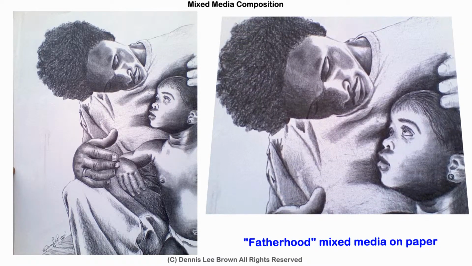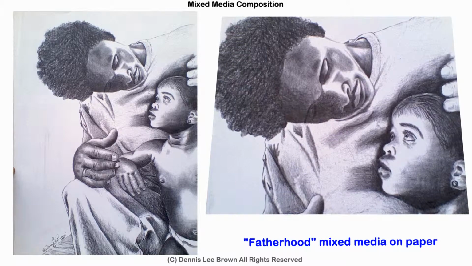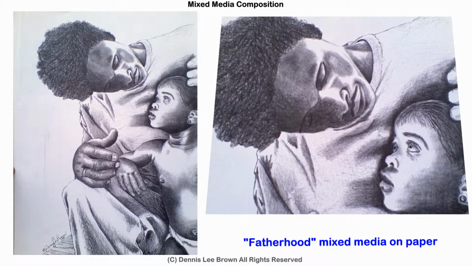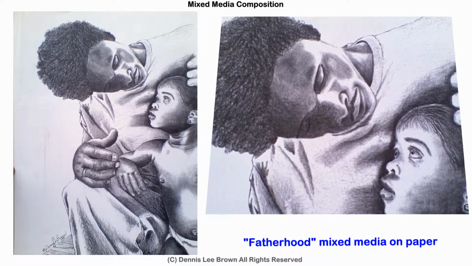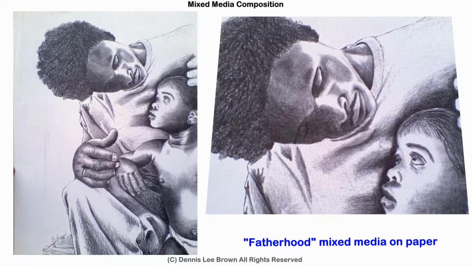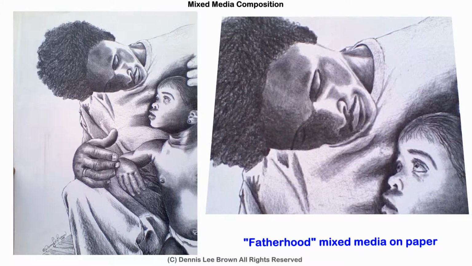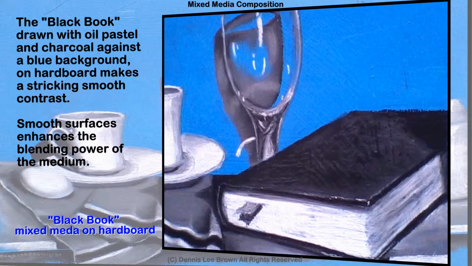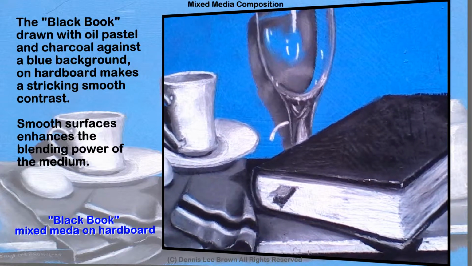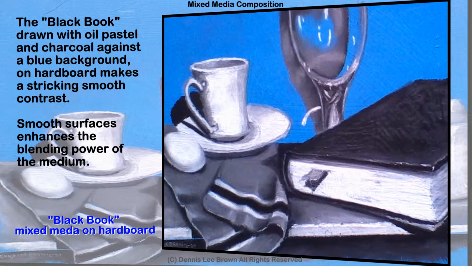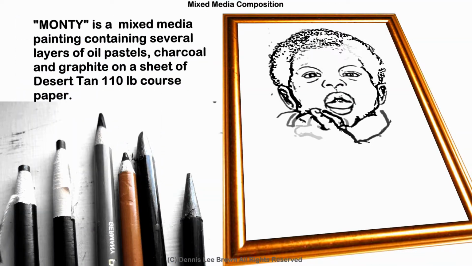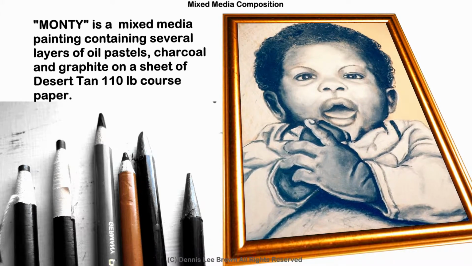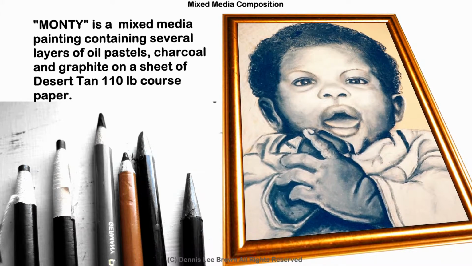This graphite and compressed charcoal drawing of fatherhood is on medium grain acid-free drawing paper. Given close examination, the paper grain adds to the overall artwork. Oil pastels and charcoals render this black book against an oil-based blue background. Monty is a mixed media painting containing several layers of oil pastels, charcoals, and graphite on a sheet of desert